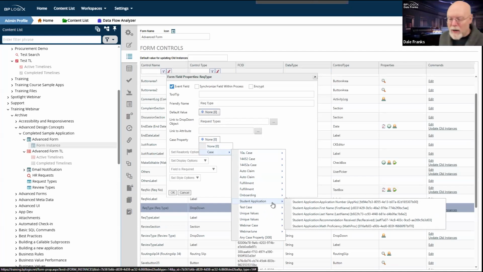I will also point out that as you are using things like the choose system variable dialog box, or in this case, the system variable dropdown, I'm also going to get all of the IDs as GUIDs for things like, in this case, case properties.